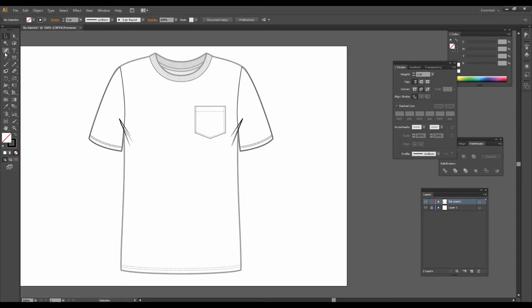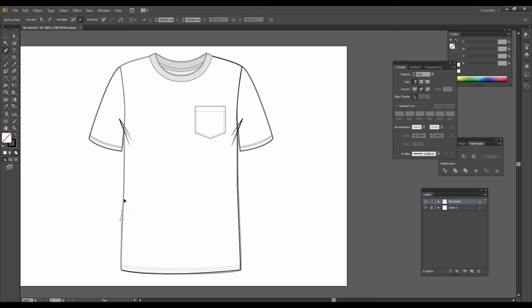Now again go to the pen tool and start tracing from one point, and just trace down the outline. Complete the outlines now. It's very simple. Just click and maintain the shape.